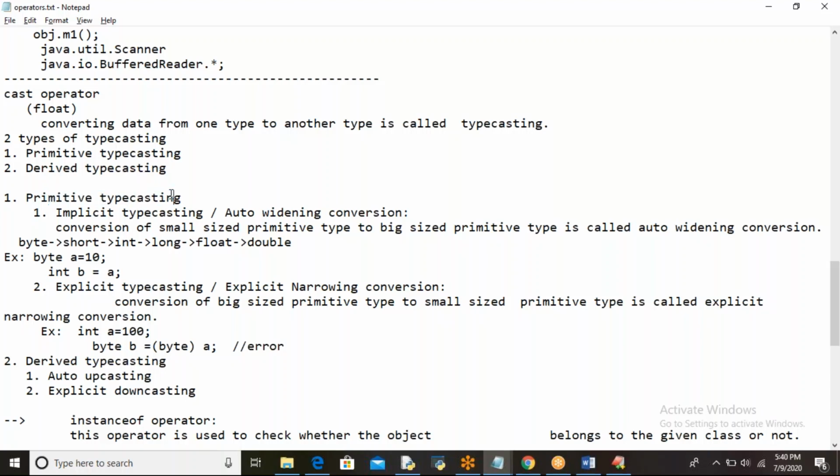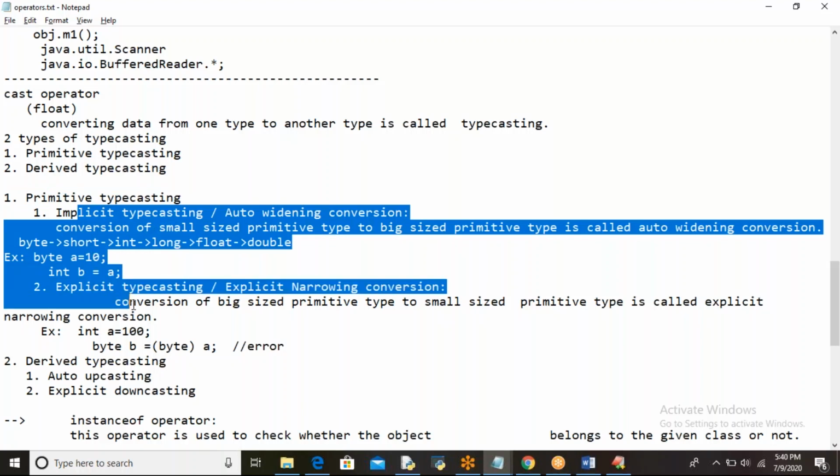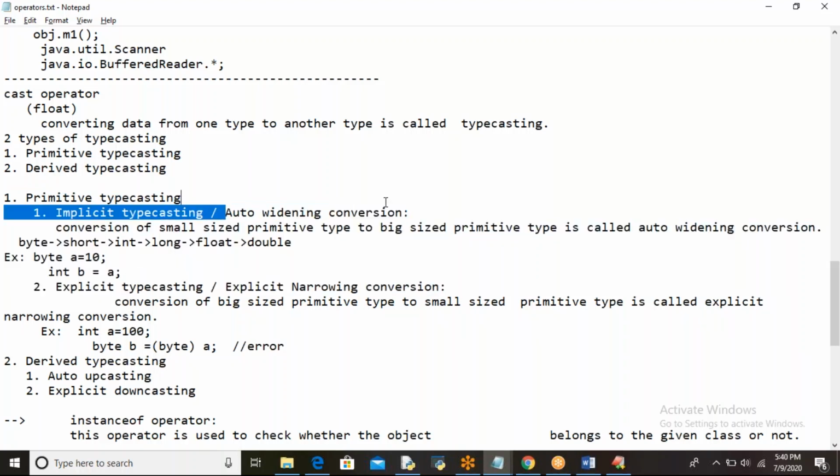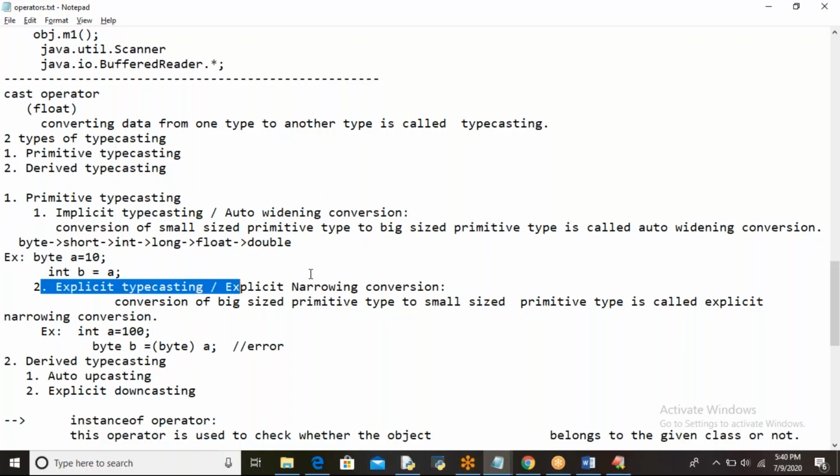In primitive typecasting, we again have two types: implicit typecasting, which we can also call auto widening conversion, and explicit typecasting, which we can also call explicit narrowing conversion. Simply saying, implicit typecasting means that if you convert a small sized primitive type to a big sized primitive type, it is called auto widening conversion or implicit typecasting.